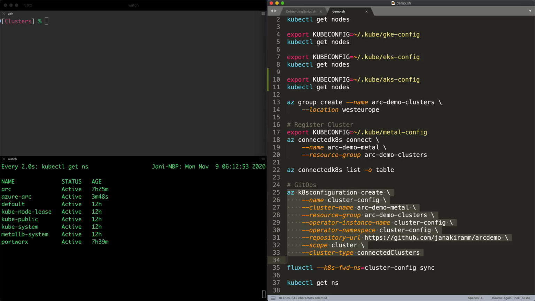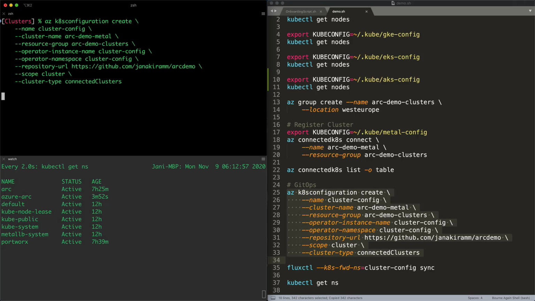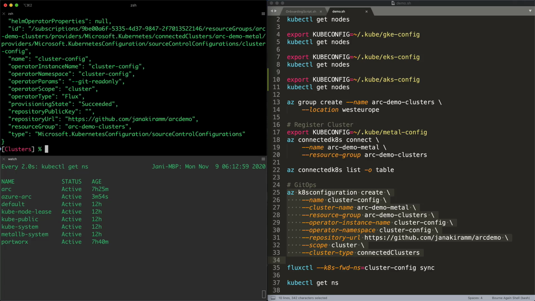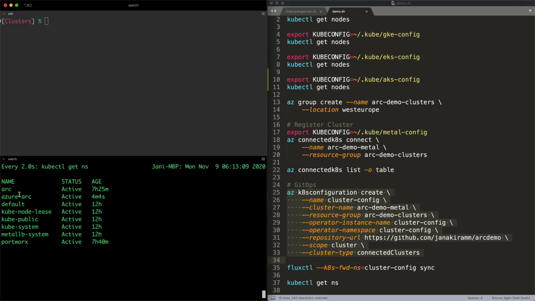It's going to take a couple of minutes, but as soon as the agent is up and running, it will reconcile our cluster with whatever is configured in GitHub. Now, in a minute, we should be able to see a new namespace called cluster config. So cluster config is the namespace responsible for running the GitOps agent.